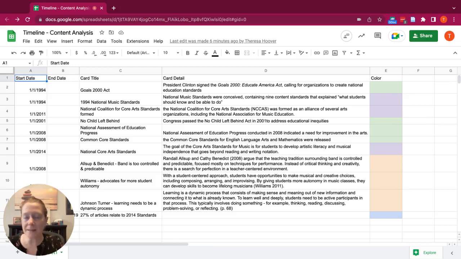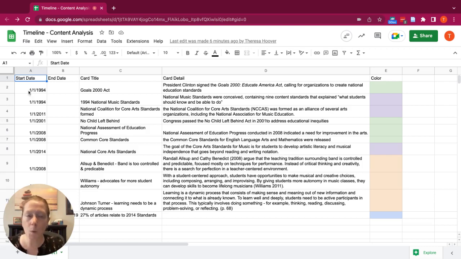Google Sheets recently released the ability to create a timeline right in the sheet. Now, at the moment this is only available for education and business accounts, so you probably won't see this feature in your personal account. To get started, the first thing you need to have is a column for the date,